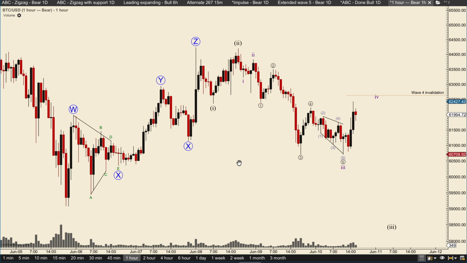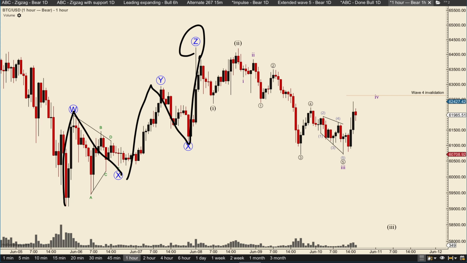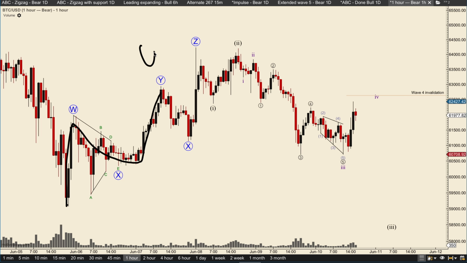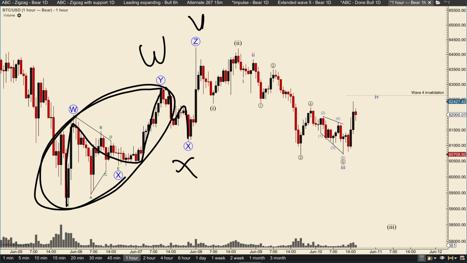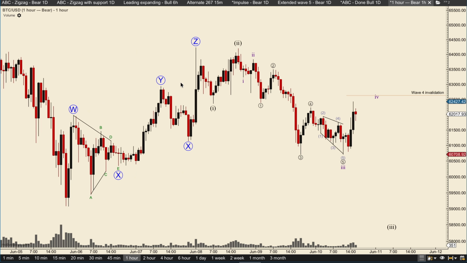So here is the bearish count. So this is a WXYXZ. So a triple combination, which is extremely uncommon. But the reason I have this as a triple is because if you have an A, B, C here, you have the W over here, and then you have the wave X here, and then wave Y here. You can see the proportions here in the W. The wave X is very tiny compared to W, but the wave Y here, you can see that if I